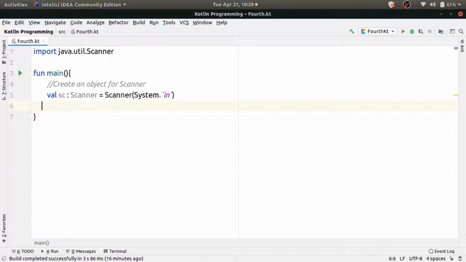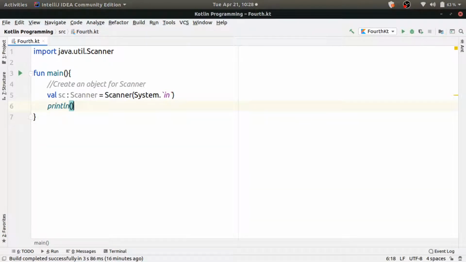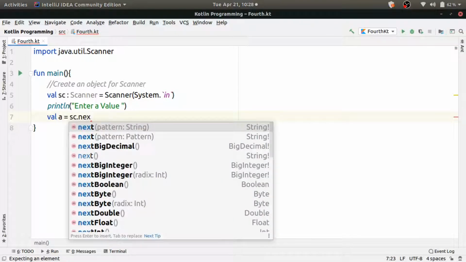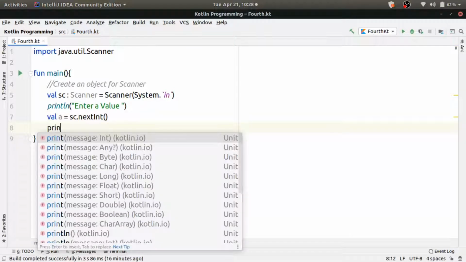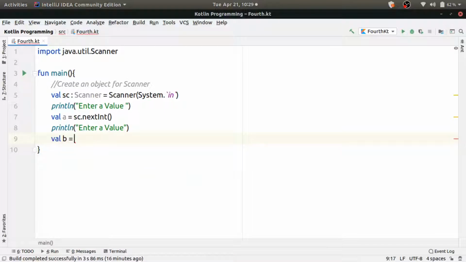Now with the help of the Scanner object, we can read any type of value from the user on the command line. Suppose, let us add two numbers. So let us prompt the user. Anyway, the prompting is not mandatory. I will ask the user to enter a value, and let's create a variable called A and read the integer. In order to read an integer, we have a method called nextInt. In the same way, let us ask the user to enter another value. Now let's read this into another variable by using the same method, which is nextInt. Now let's print the expression this way: A plus B equals A plus B.